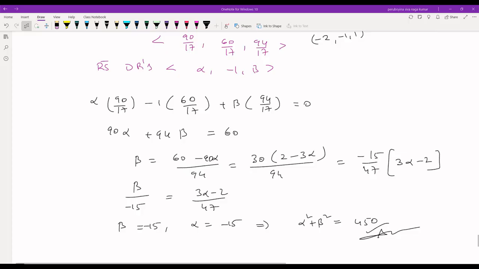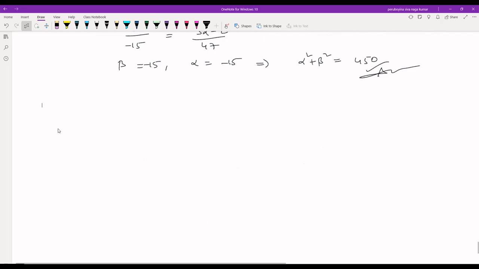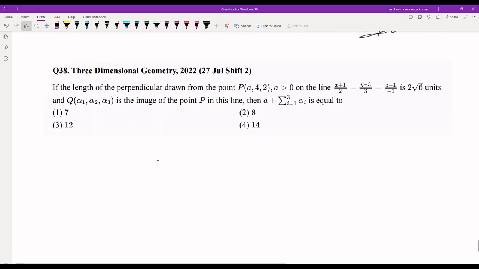Next, 38. If the length of the perpendicular drawn from the point P(alpha, 4, 2), alpha greater than 0, on the line is 2 root 6 units, and Q(alpha 1, alpha 2, alpha 3) is the image of the point P in this line, then alpha plus the sum of alpha i from i equal to 1 to 3 is equal to,